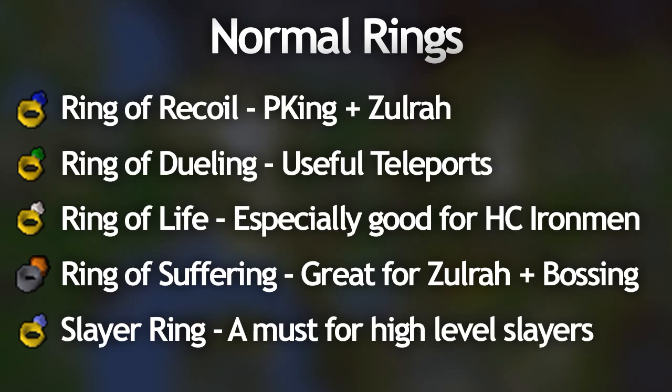of Recoil, and this ring is a must if you're killing Zulrah for the snakelings that come around. And also this is a great ring for PKing, not only pure PKing, but for high level PKing, since it upgrades your vengeance hit a little bit. It makes you hit a little bit higher than what a vengeance normally would, and it also recoils all the